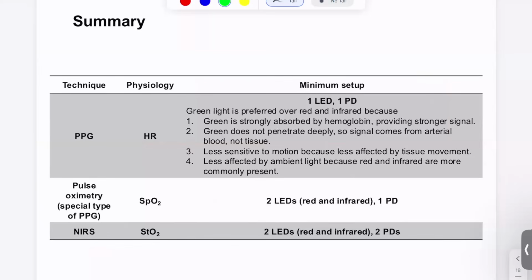Okay, quick summary. So we discussed three different techniques: PPG, pulse oximetry, and NIRS. PPG measures heart rate, and pulse oximetry, which is a special type of PPG, measures SpO2, and NIRS measures